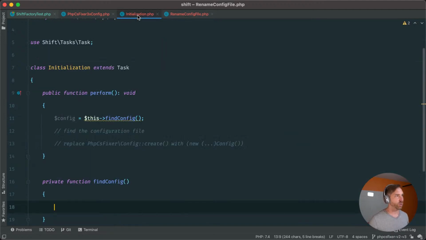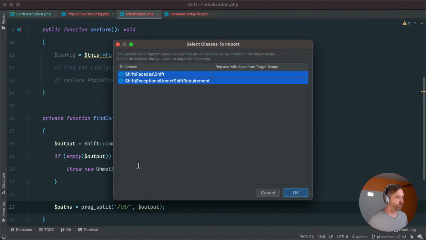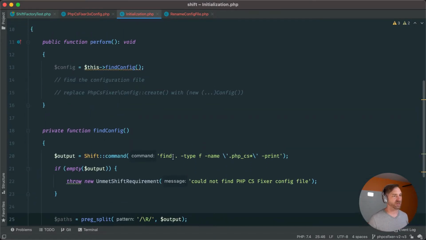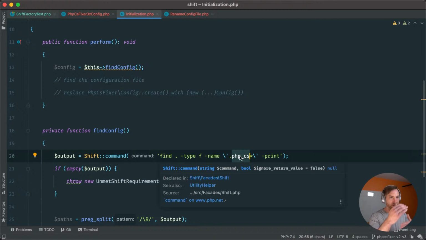I suppose you could store it off, but you never know. People could have multiple config files, so we just want to take care of that. Okay, so we're really going to run the exact same command, but this time, since we know it's downstream, we